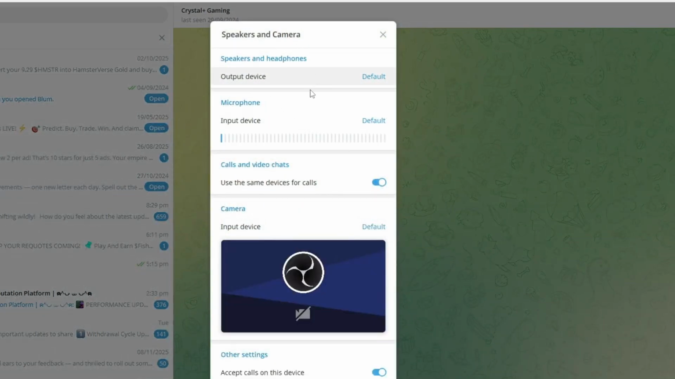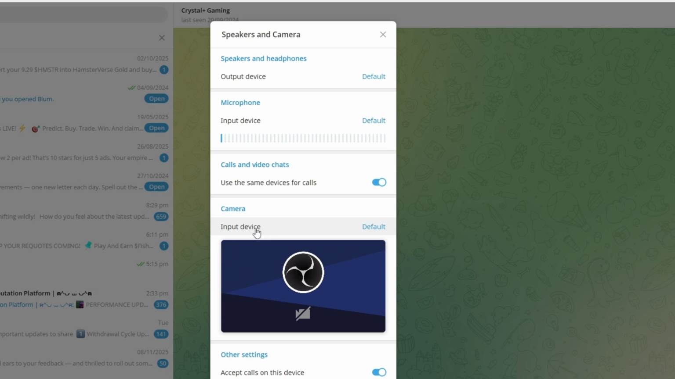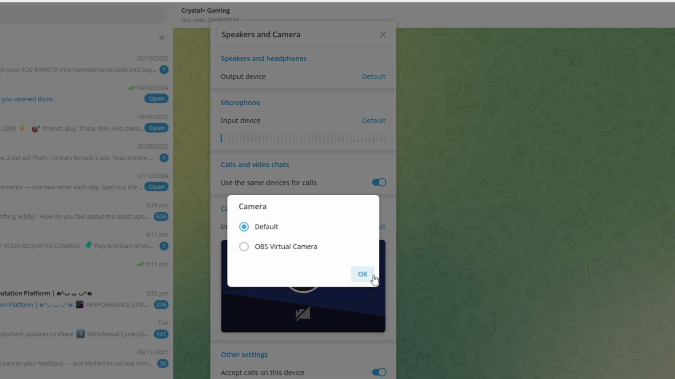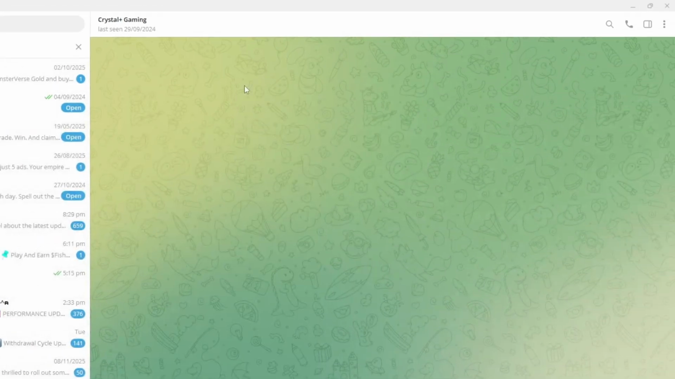Make sure your microphone is turned on so the other person can hear you. Also, check that your camera is active and working correctly. If your laptop has multiple cameras, you can select the one you want to use from this menu. After setting up your microphone and camera, go back to the main chat screen and choose the contact you want